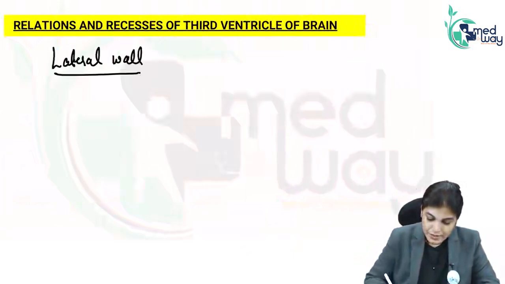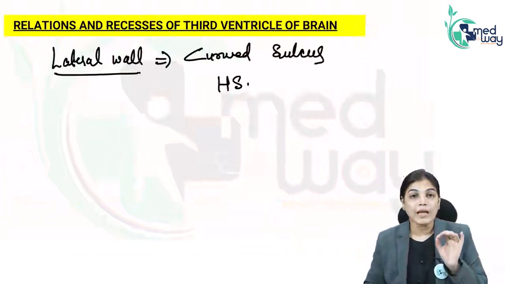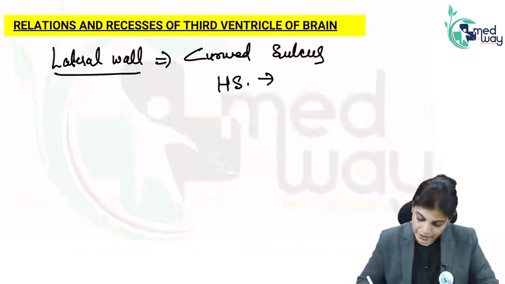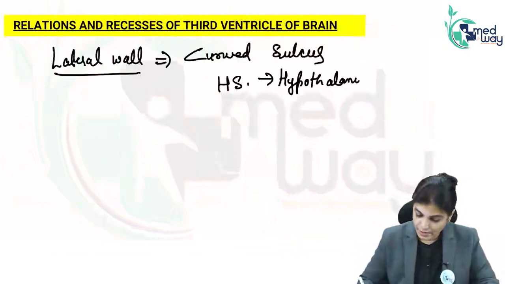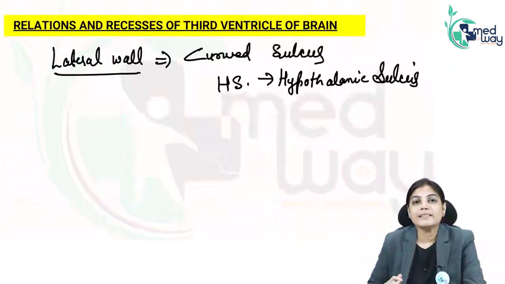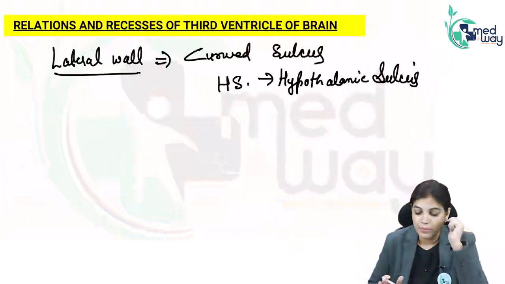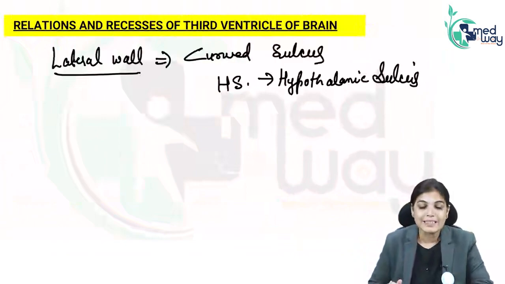It has a curved sulcus, which has been written in the image by the letters HS. What does HS mean? Hypothalamic sulcus. And this hypothalamic sulcus is extending from the interventricular foramen of Monro to the cerebral aqueduct, and laterally it is related to